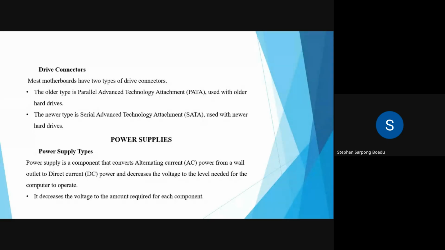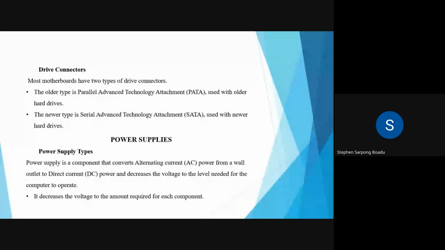The parallel connector sends all data at once. If it's like a normal road, imagine all the cars moving at once, there will be traffic. But if cars are moving bit by bit, everyone gets to their destination faster. So that is how the serial advanced technology works. It sends the data bit by bit, right? Okay, since you have understood this and there are no questions,